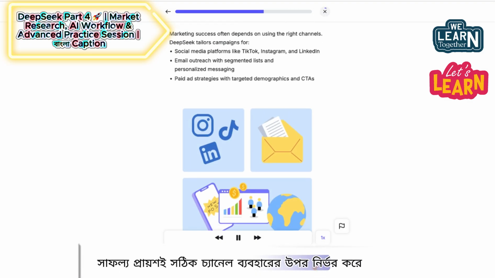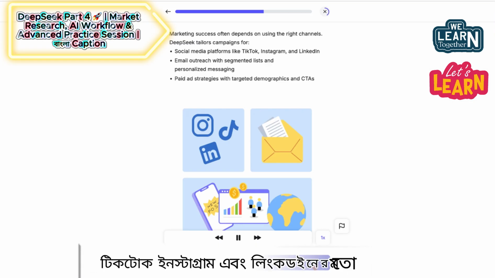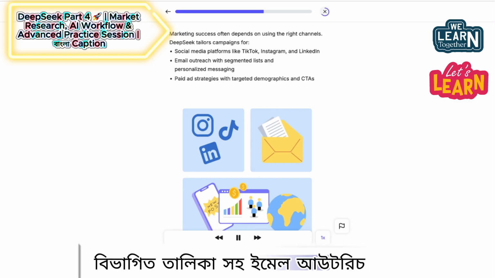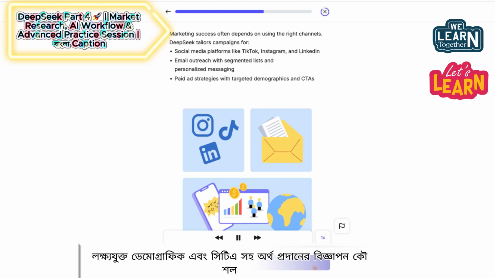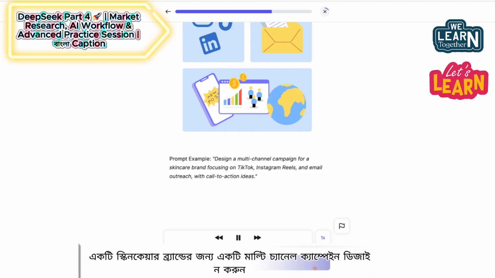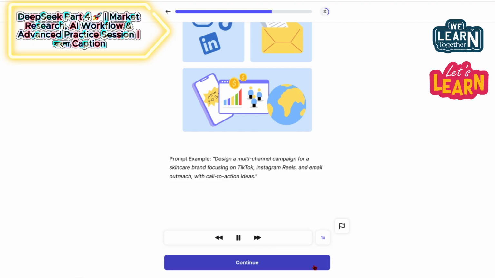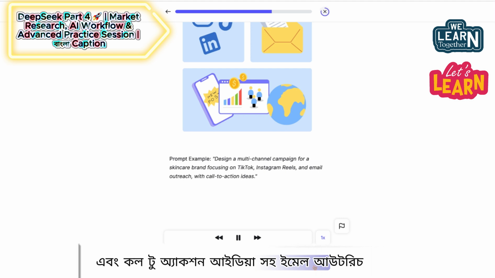Marketing success often depends on using the right channels. DeepSeek tailors campaigns for social media platforms like TikTok, Instagram, and LinkedIn; email outreach with segmented lists and personalized messaging; and paid ad strategies with targeted demographics and CTAs. Prompt example: design a multi-channel campaign for a skincare brand, focusing on TikTok, Instagram Reels, and email outreach, with call-to-action